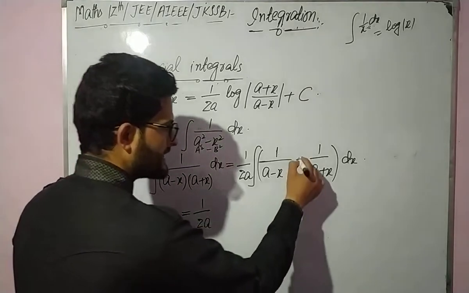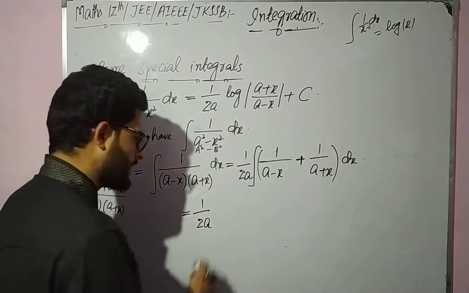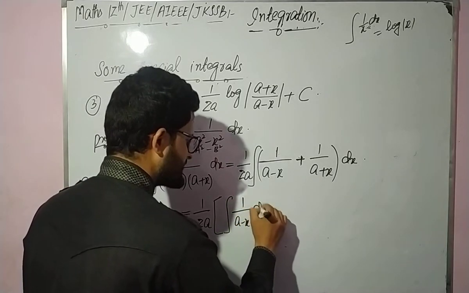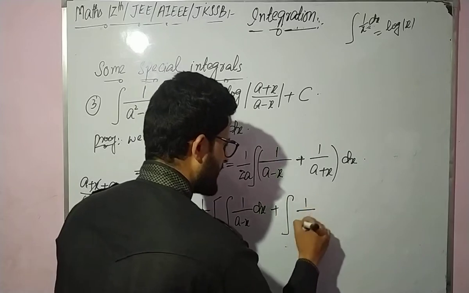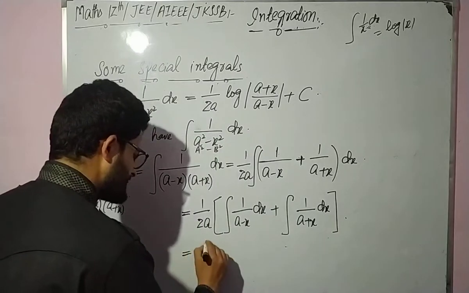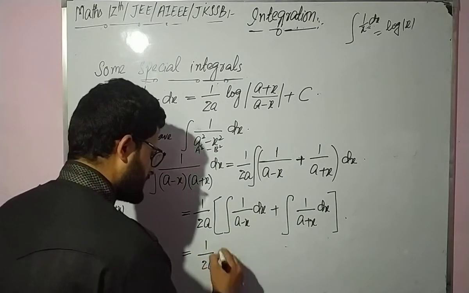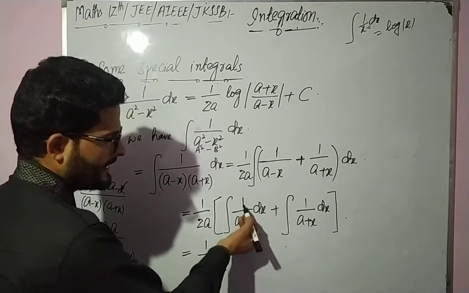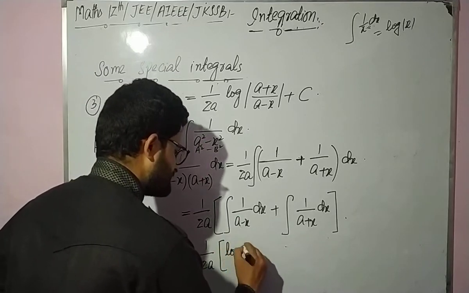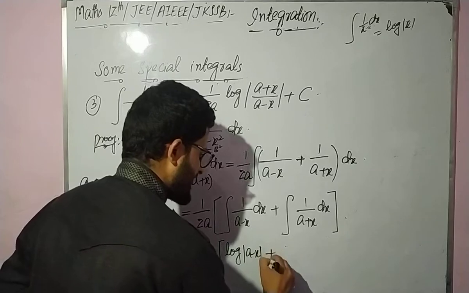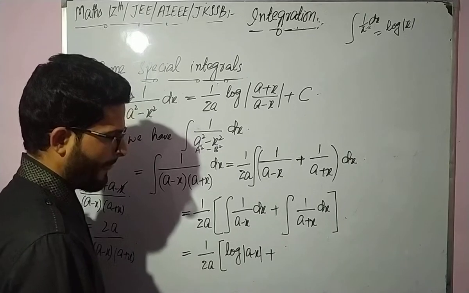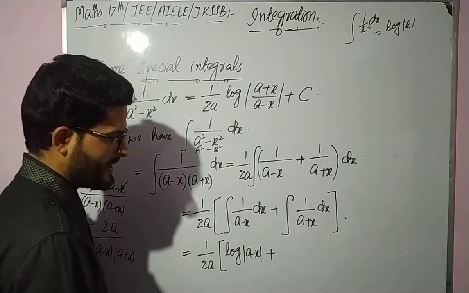Yes. अब बीच में चूंकि एडिशन है तो इंटीग्रल ऑब्वियसली सेपरेट होगा, so integration of 1 divided by a minus x dx plus integration of 1 divided by a plus x dx, and that can be written as 1 divided by 2a into, yes, integration of 1 divided by a minus x, that is obviously equal to log of mod of a minus x plus times log of mod of a minus x plus times 1 divided by,